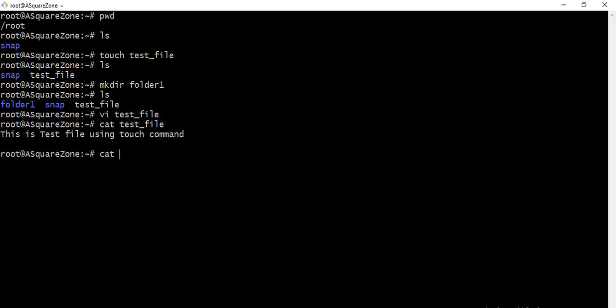So here, cat, then the left arrow, or we can say greater than, followed by the file name. I am going to give sample file. On screen itself we can enter the text. So I am going to give: this is sample file using cat command.